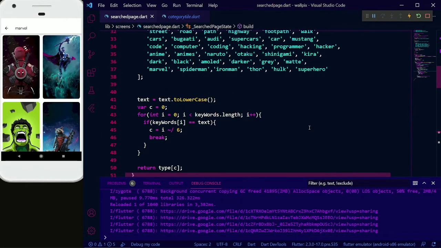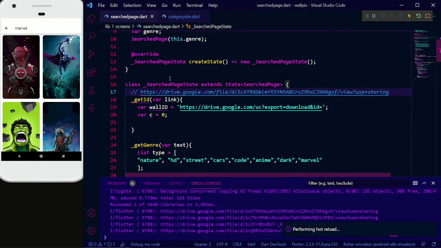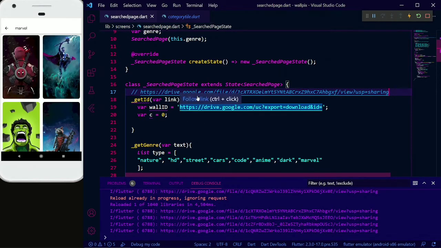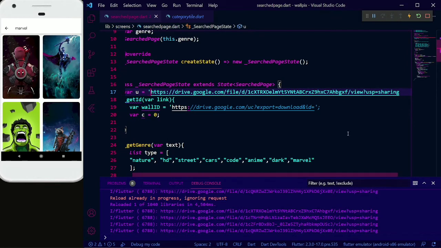Now this is the ID. This is the link, and the ID is here. It starts from 1 and goes till the F. I guess it's not visible. Now I guess it will be visible.